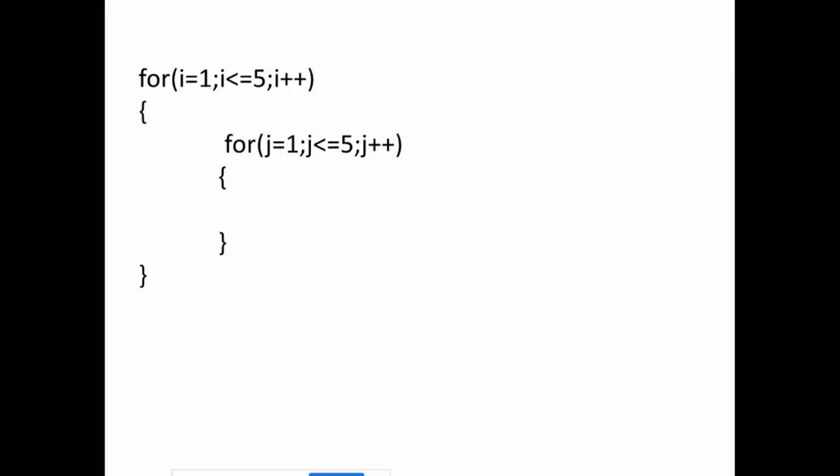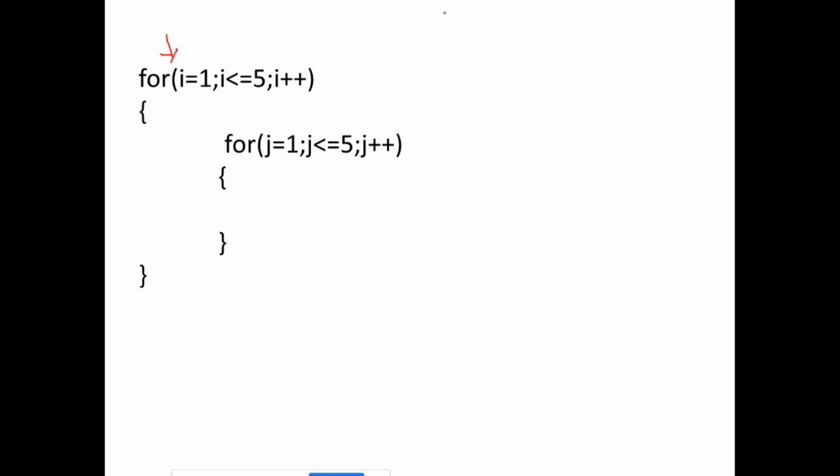So how does this nested for loop work? Am I audible or not? Okay, so first it will come inside this first for loop.